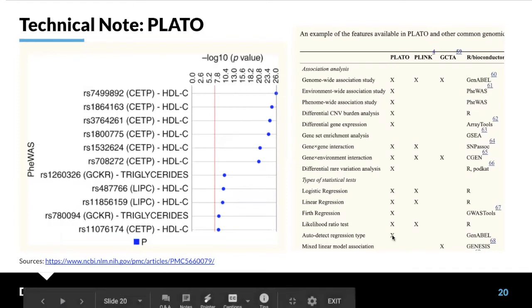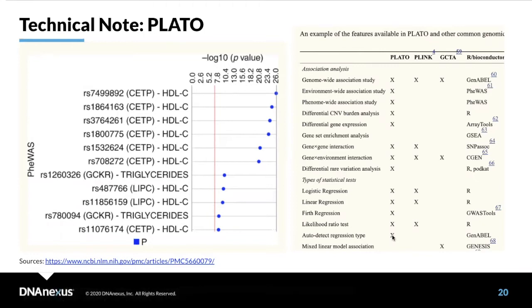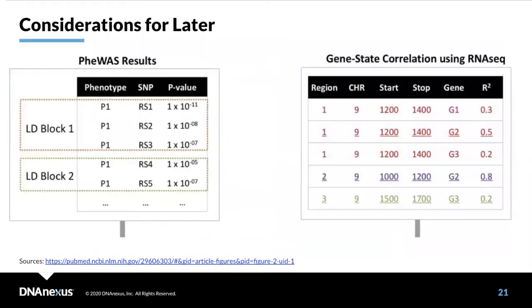So something to check out. This is provided. It's really easy to use on DNA Nexus. But if you're not a DNA Nexus user, I'd encourage you to check out Plato. And I'm going to show you some Plato results when we get to the demo section. And something to think about later, this is also either in the Plato paper or the subsequent paper